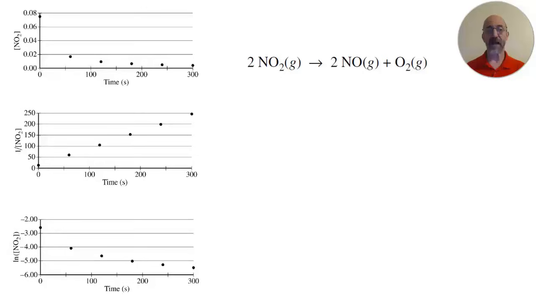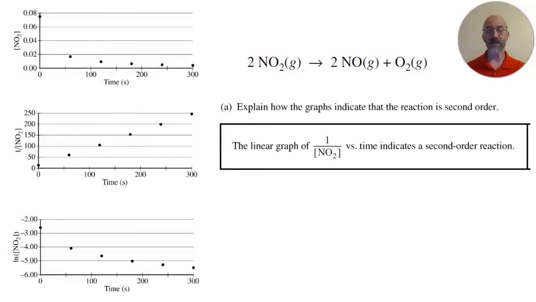So again, you can see concentration of NO2 versus time, 1 over the concentration of NO2 versus time, and then the natural log of the concentration of NO2 versus time. And so it's that middle graph, the 1 over the concentration of NO2 versus time, that's the one that is linear. So again, in part A of this question, it says explain how the graphs indicate that the reaction is